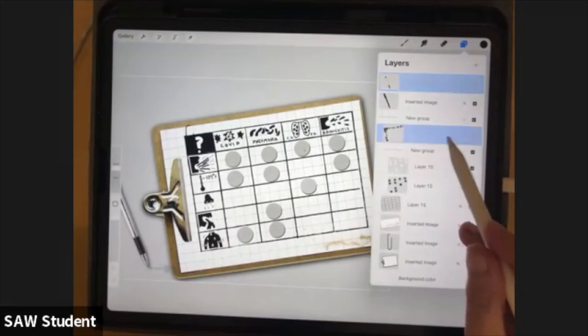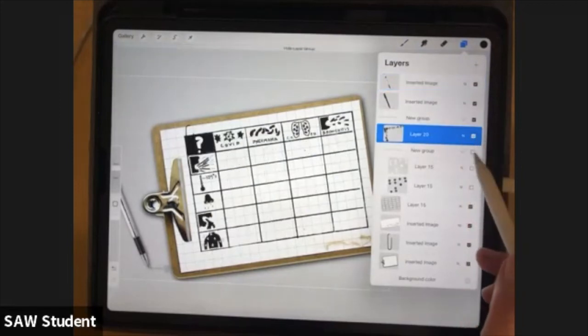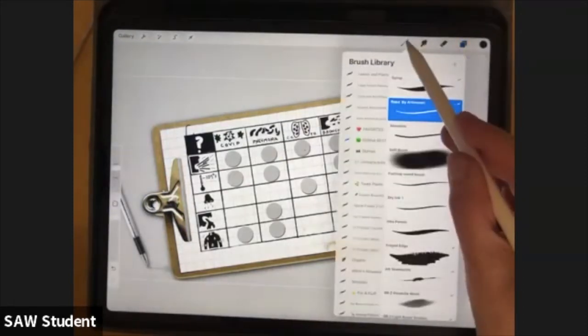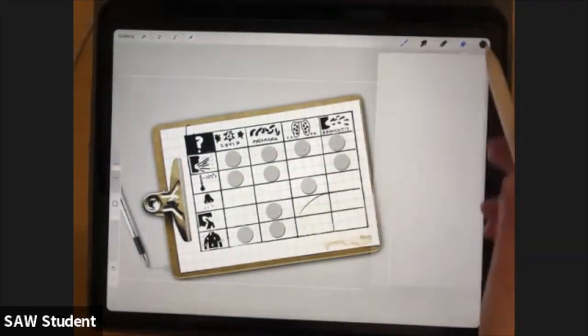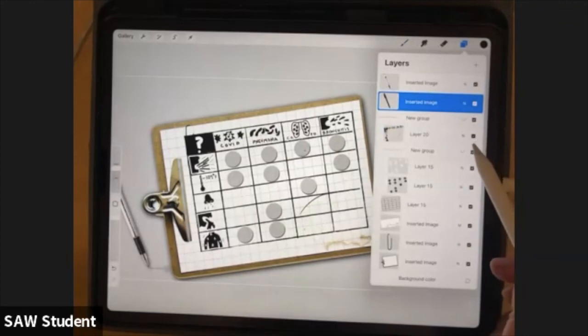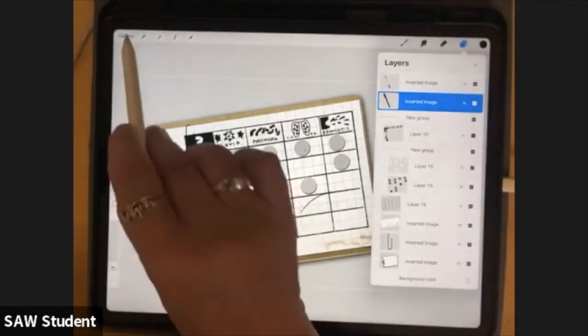If you forgot where you put something, a lot of times I end up turning layers on and off because I can't remember, or I made a mark by accident and I'm like, what layer is that stupid mark on? And I end up going through and turning on and off all the layers till I find it. There is a feature